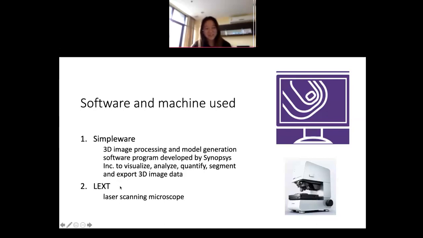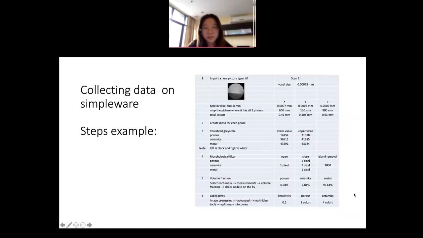I'm not sure about the model number, but it's a laser scanning microscope which has many microscope lenses. Yeah. And then for the first part, Simpleware, this is a step example of how I had to